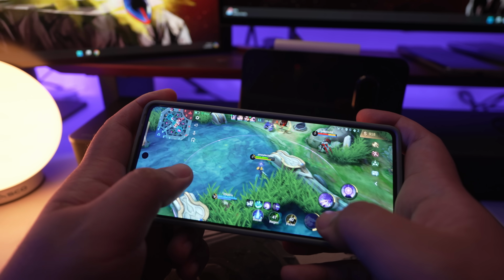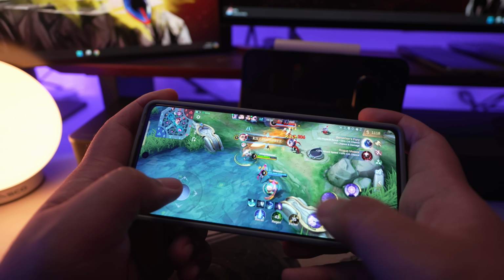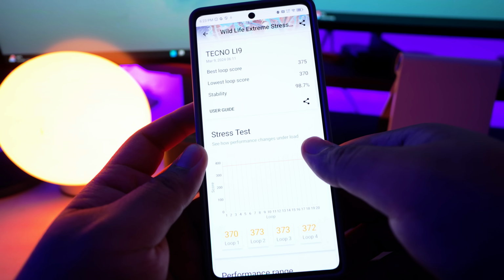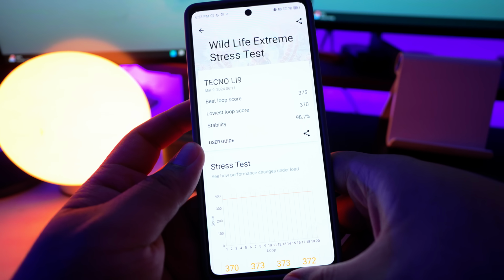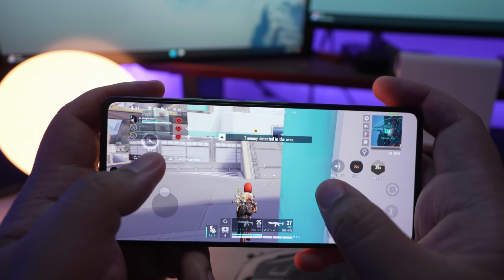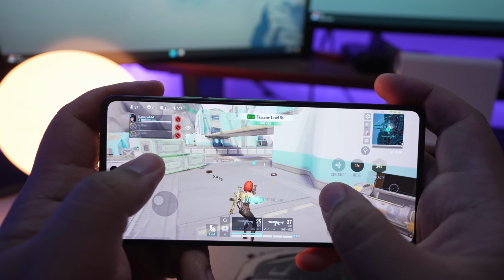At 400,000 Antutu benchmark points, pwedeng-pwede for casual use and casual gaming. And makikita nyo dito sa 3D Mark Wildlife Extreme Test na nasa lower end din talaga yung performance niya pagdating sa graphics. Kaya nandito tayo sa mga bagay na hindi ko nagustuhan pagdating sa performance kasi gusto kong i-temper yung expectations nyo. Baka lang kasi dahil minamarket to as a gaming phone, mag-expect kayo ng sobrang taas. So I am gonna be bringing you down a few levels para lang sakto yung i-expect nyo dito sa device